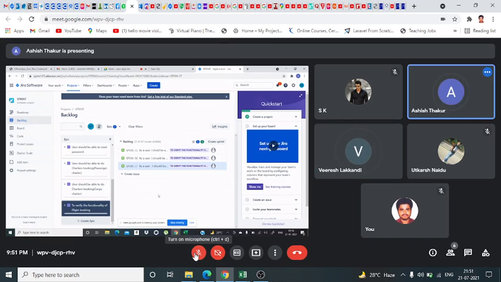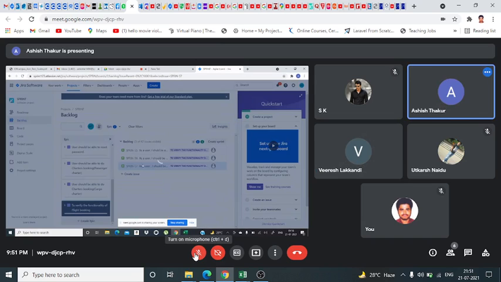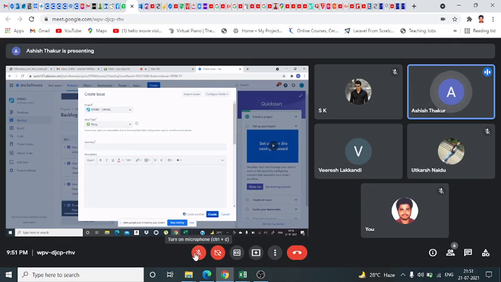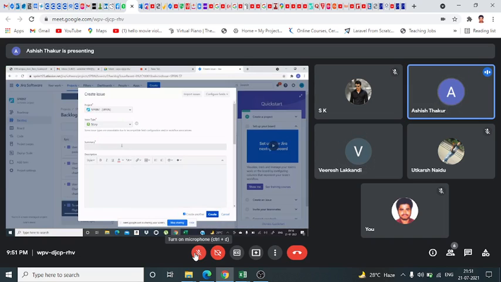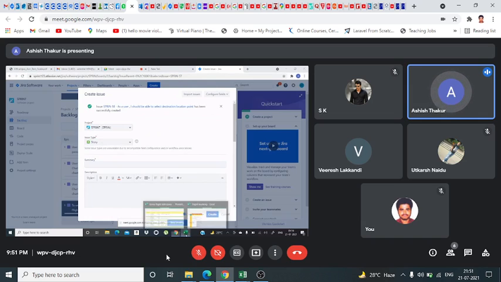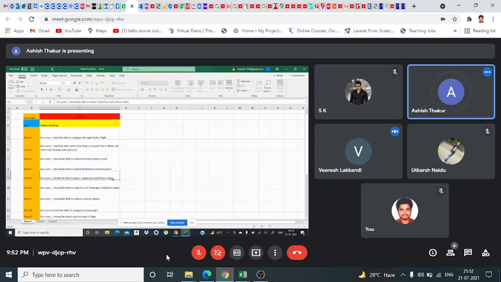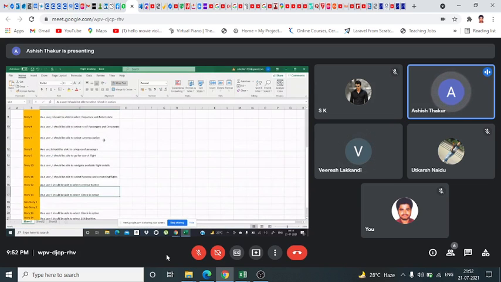If you click on this option, then you can add multiple stories in one go, continuously. I showed you the first one. Take one example, like I am making two more. This is the fourth one. Now this button is clicked, so I will click the create button. That is created, and now you can add another one. So if you want to add multiple stories, you use this create another option.